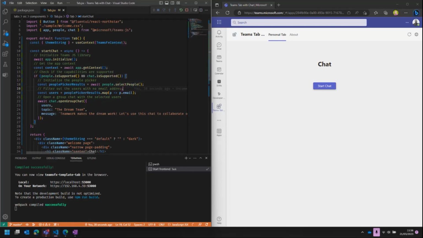We're just going to launch a people picker. We're going to get the results. In this case, I'm just going to check if we have anyone who doesn't have an email address. We're just going to remove them from the list because we can't actually send them a message. And then we're going to use the open group chat function on the chat capability, passing in this array of users,